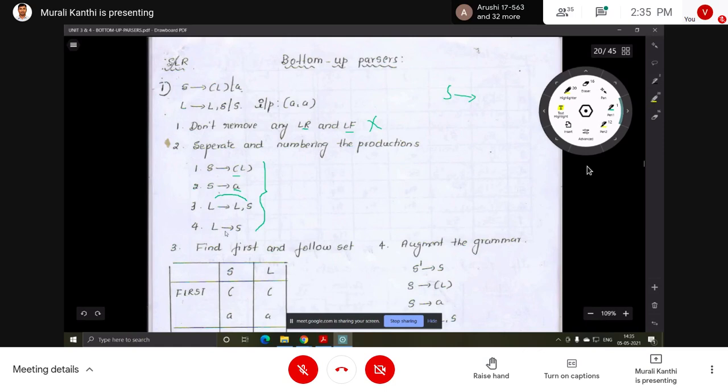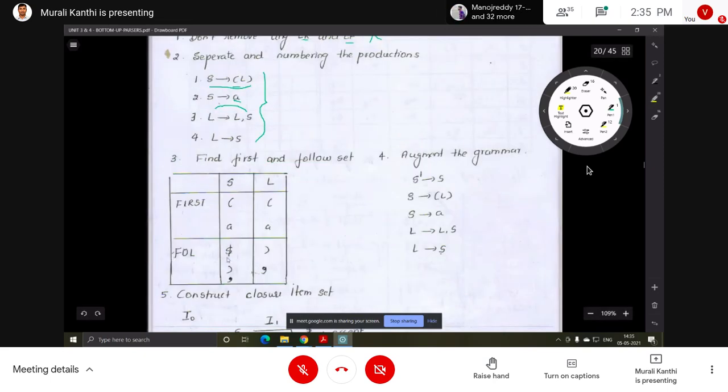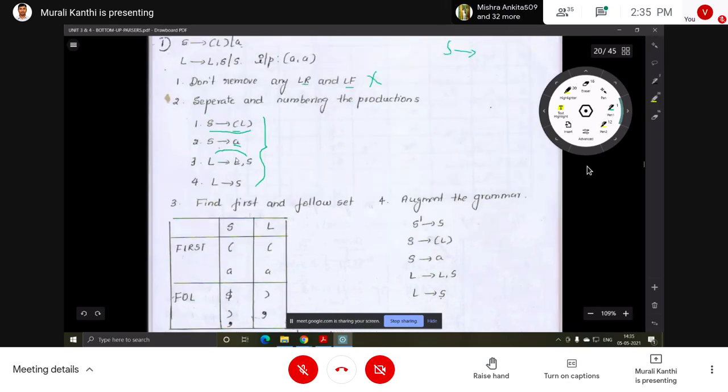First of all, what are we to do? Follow of L. This is the production to be considered for finding the follow of L. After L, what is there? A terminal is there. If a terminal is there, then add it directly to the set. So closing parenthesis will be added. Then after L, a comma is there. Comma is also added to the set.